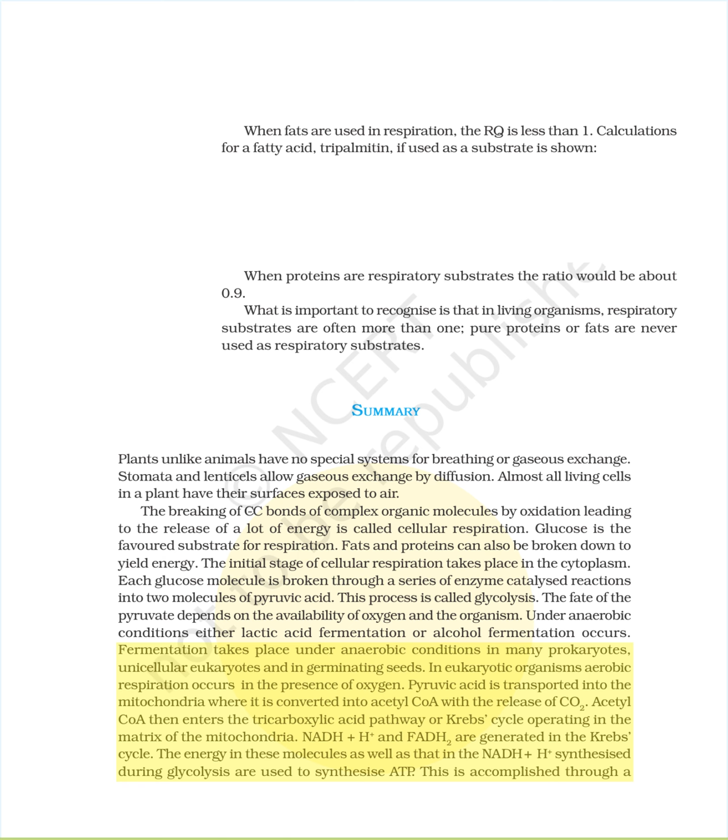In eukaryotic organisms, aerobic respiration occurs in the presence of oxygen. Pyruvic acid is transported into the mitochondria where it is converted into acetyl-CoA with the release of CO2. Acetyl-CoA then enters the tricarboxylic acid pathway or Krebs cycle operating in the matrix of the mitochondria. NADH + H+ and FADH2 are generated in the Krebs cycle. The energy in these molecules, as well as that in the NADH + H+ synthesized during glycolysis, are used to synthesize ATP. This is accomplished through a